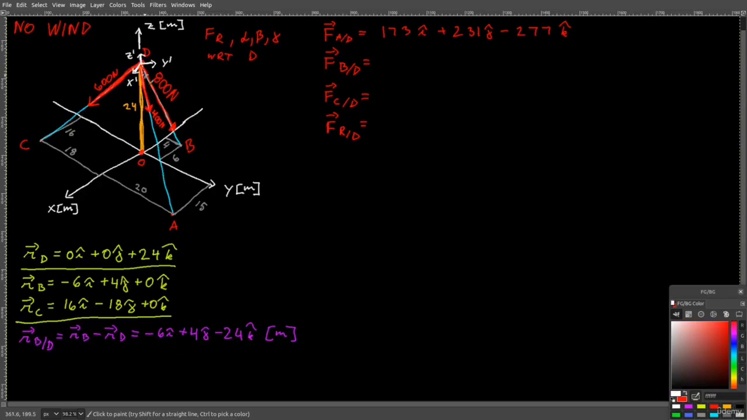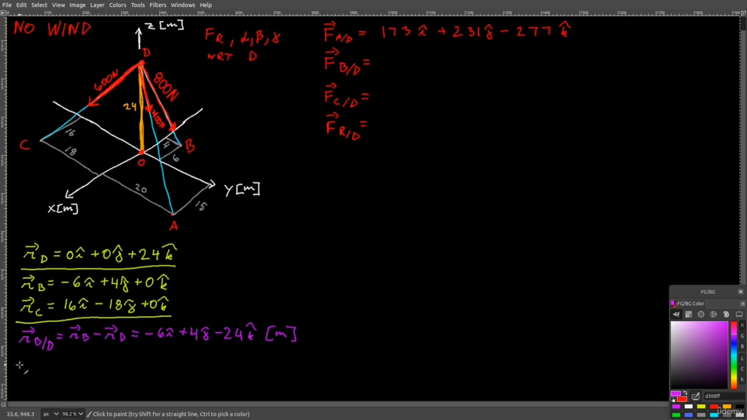It makes sense, right? You go 6 meters in the negative x apostrophe direction, then 4 meters in the positive y apostrophe direction, and then 24 meters in the negative z apostrophe direction. And that's how you end up in point B. That's your path from D till B. First of all, you go 6 meters in this direction, then 4 meters in this direction, and then 24 meters